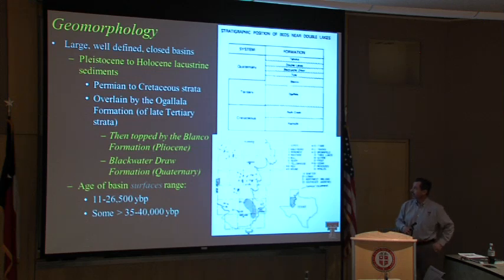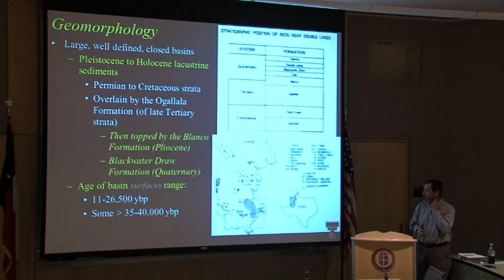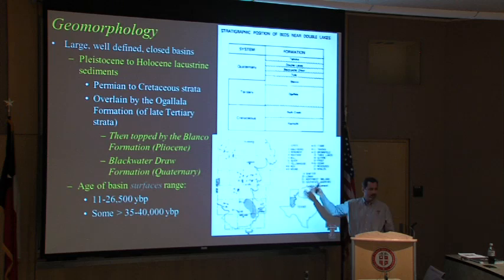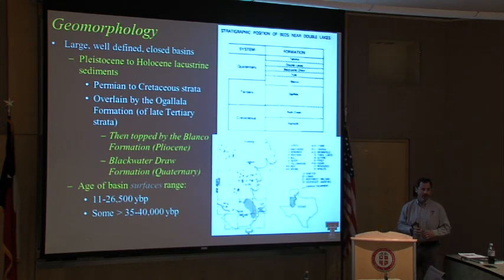The reason I get into the geomorphology and the millennial history of these is because they are very, very different than freshwater playas, which a lot of people here in the high plains are much more familiar with. They're large, well-defined, closed basins that are relatively deep. They have ancient origins, all the way back to the Pleistocene or even Holocene, with a lot of different formations depending on the lake. Not all lakes are created equal. Not all lakes have the same geology or hydrology or soil or ecological or natural history value either.